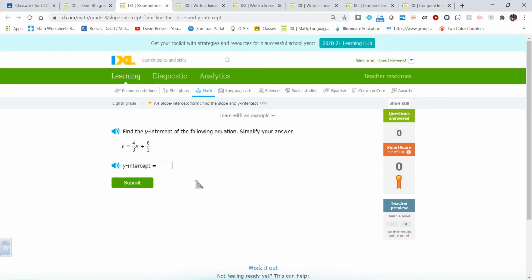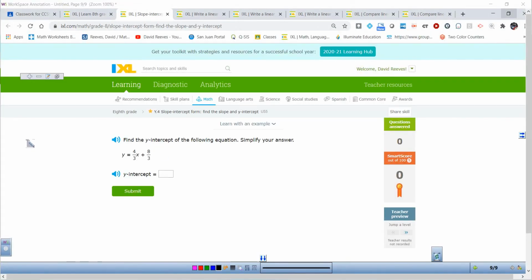All right, so here we go. Just a quick reminder: the slope-intercept form of a linear equation is y equals mx plus b. Remember, we've moved on to non-proportional relationships. y equals mx plus b, where m is the slope and b is the y-intercept. If you know this, then this first skill, Y4, is going to go pretty